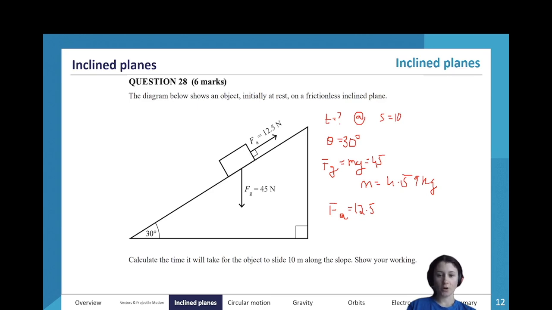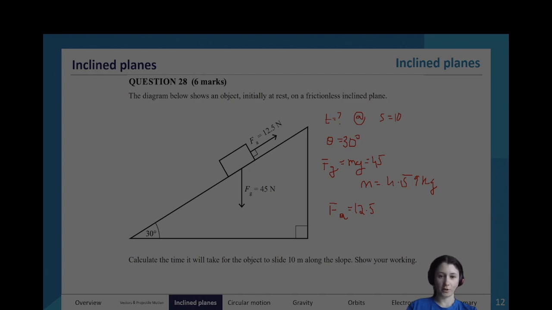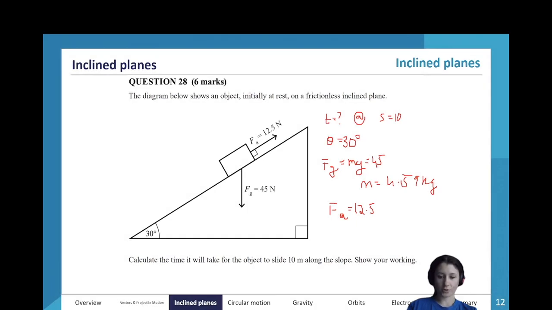So I'll take you to the second page of your formula sheet, and I'll show you the process of how you can actually determine what formula you're going to use, because